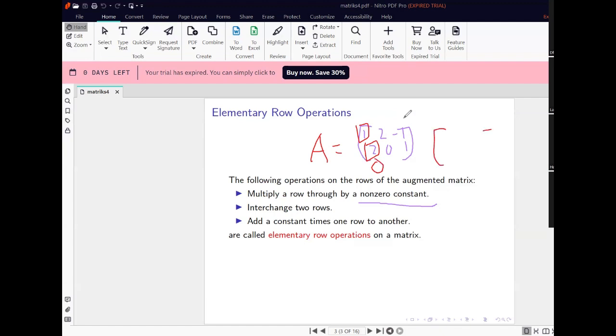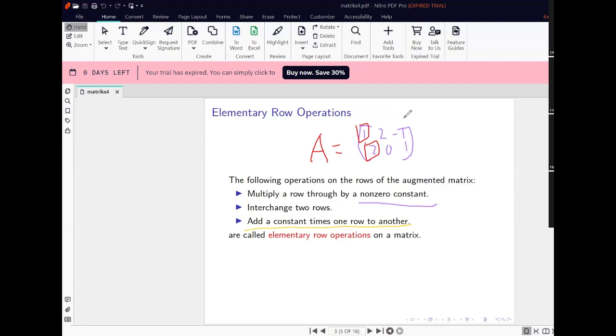Because if we change it into 1, the result becomes like this. We see that this is a leading one, and this is also a leading one, and in the second row the leading one does not occur further to the right, but in the same position. So we have to change 2 to 0 instead of 1. How do we change 2 to 0? We use operation number 3.